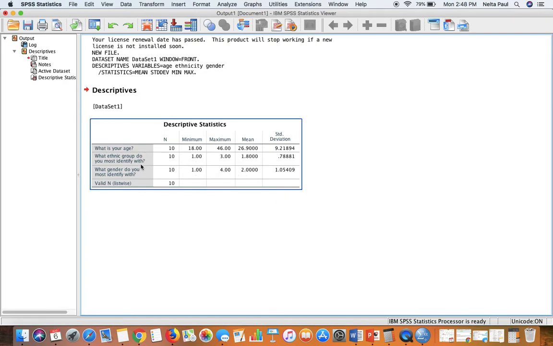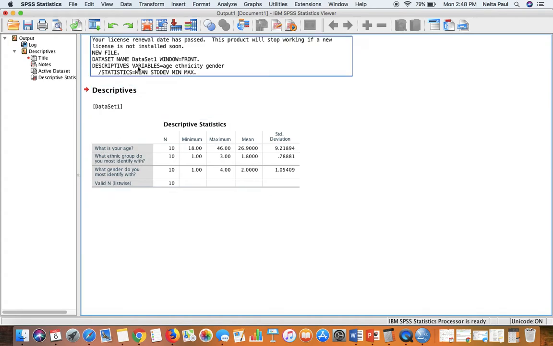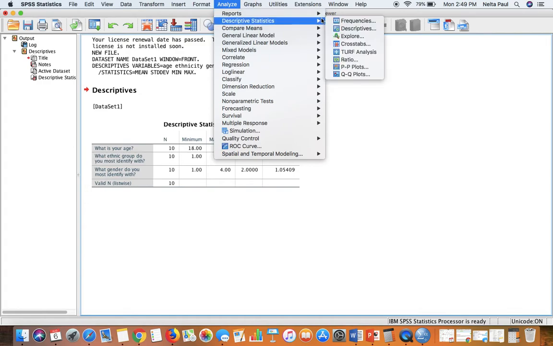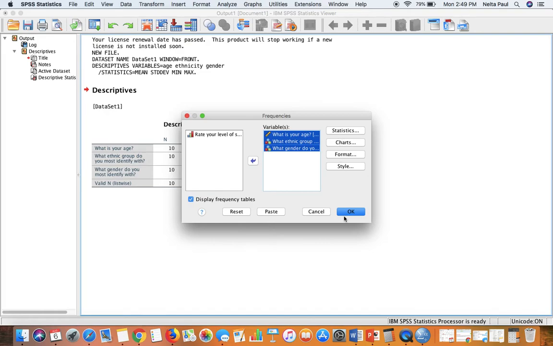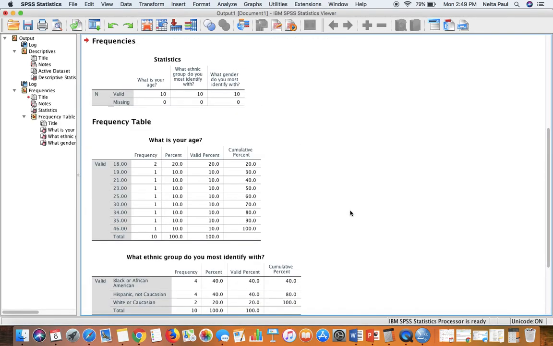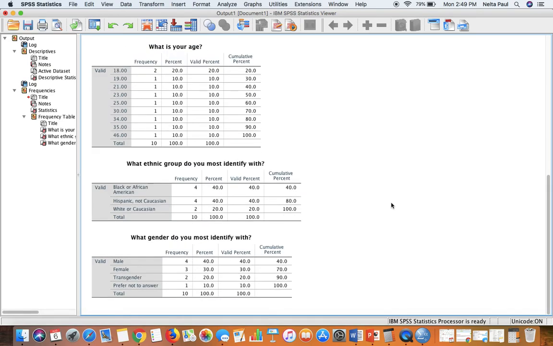So what I'm going to do is I'm going to rerun this analysis, not as a descriptives, but I'm going to do Analyze, Descriptive Statistics, and this time I'm going to do frequencies. And when I do frequencies, it's going to be a breakdown of each individual category and how frequently it occurred. So now, again, I'm going to put all 3 of these in, and I'm going to click OK. So now, what's interesting is now I have a breakdown of various ages, right, in a table form, tabular form, however many